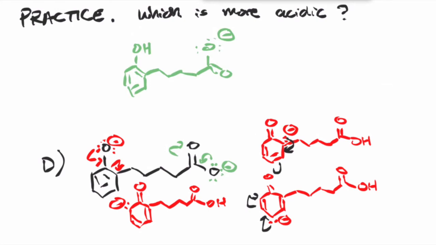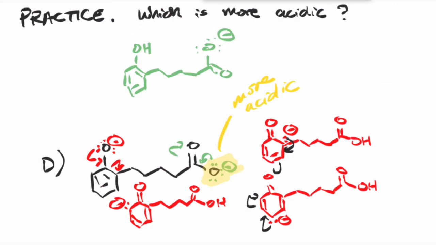It turns out not all resonance structures are created equal, right? The green structure has better resonance stabilization. Why? Because your negative charge is spread around to a more electronegative atom. It is spread to the oxygen, whereas in the red structure, the negative charge is spread to the carbon, and carbon is not as electronegative, so it doesn't really like to receive that negative charge as much as oxygen. So in this case, even though the red structure has more resonance structures, it is less effective. So it turns out quality is better than quantity in this case, making this conjugate base more stable, therefore